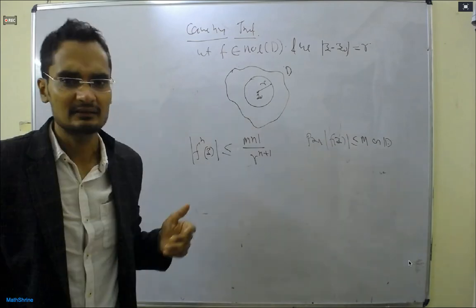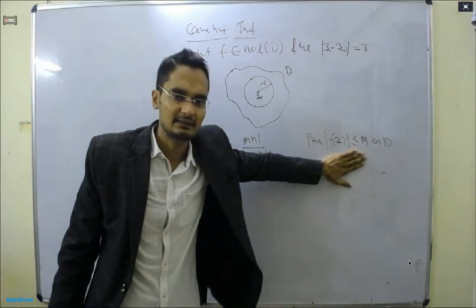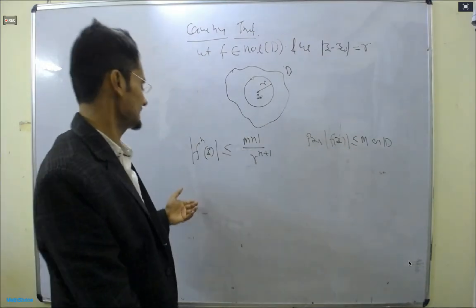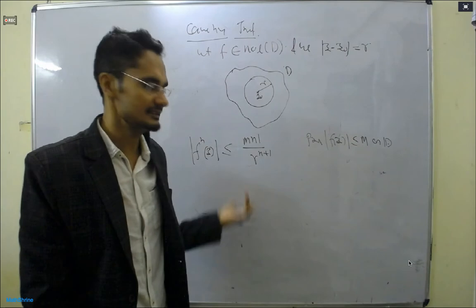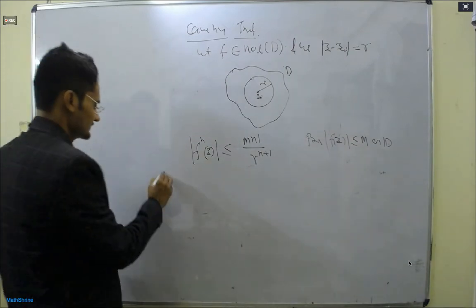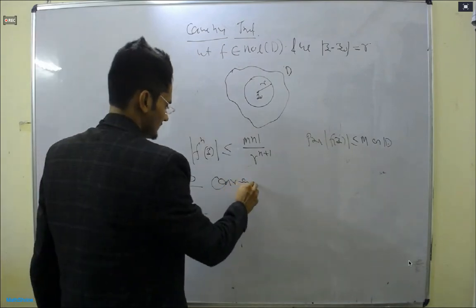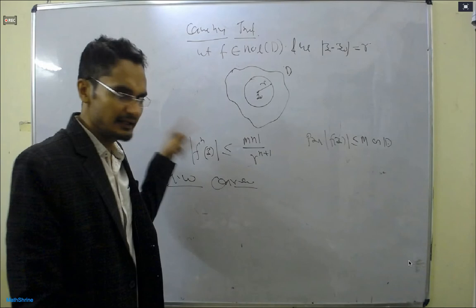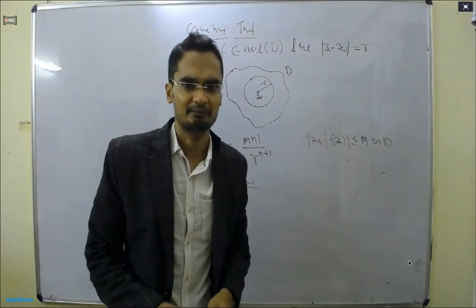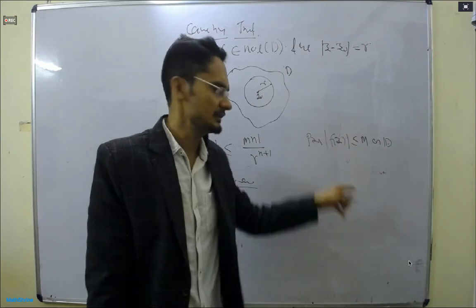This is the homework for you. What about the converse? Meaning, if the derivative is bounded, what can you tell about the function? Cauchy integral gives you a tool: if the function is bounded, then it tells you the boundedness of its derivative. Now you tell me the boundedness of the derivative, then tell me about the function. Think on it. It is a very simple observation, completely trivial. That's why it is not written in the book.